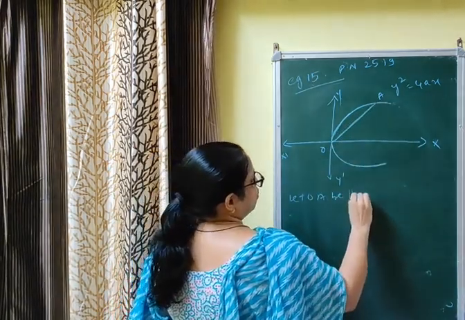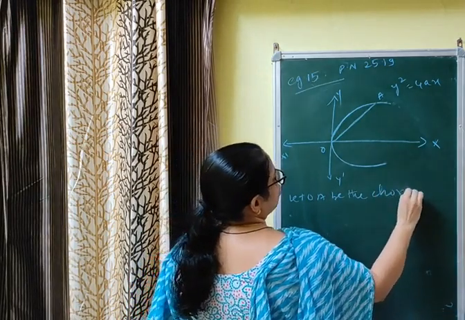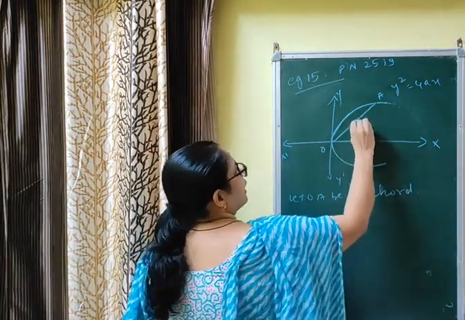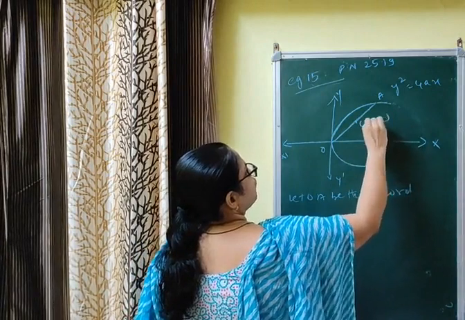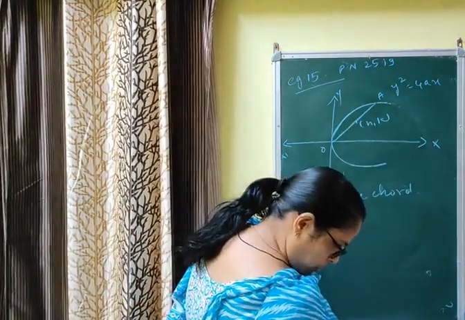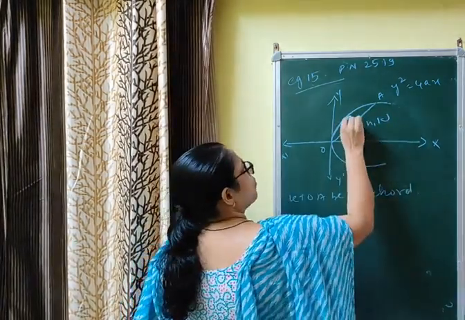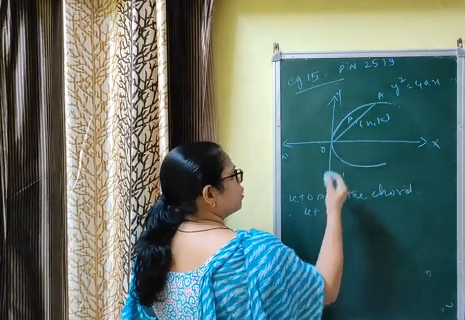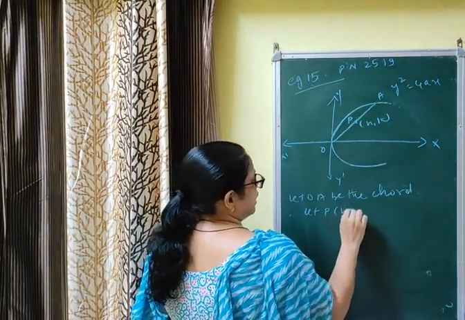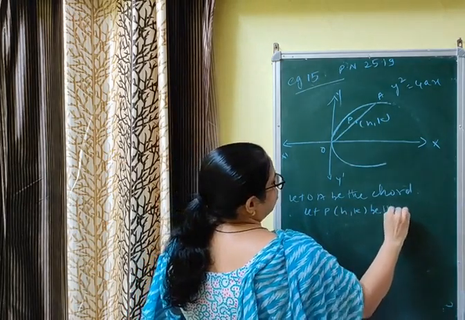Let OA be the chord, since it is passing through the vertex. Let (h, k) be the midpoint of the chord, and you can name it P, or you can take any name. Let P(h, k) be the midpoint of